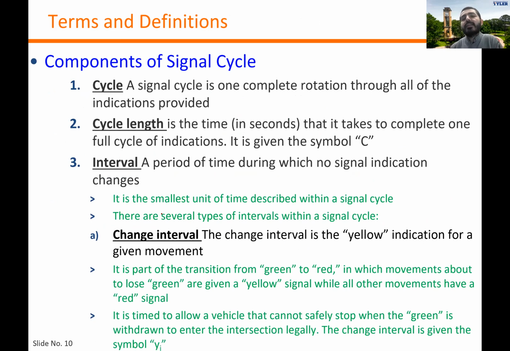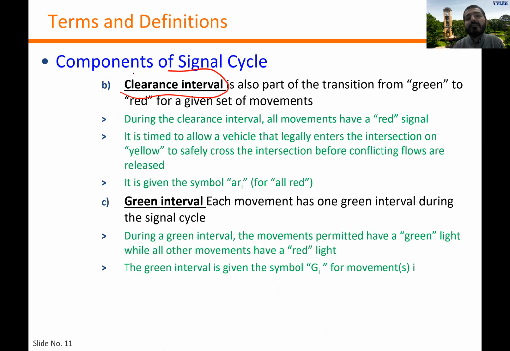A signal cycle is one complete rotation through all of the indications provided. And that cycle has a length in seconds. It can be as low as 30 seconds or as high as, I have seen, 210 seconds or even 270 seconds. Within each cycle, there are multiple intervals, and we've talked about these again in the recorded lecture, but basically these are the change interval, which is the yellow time, where you're changing from moving to stopping. You have the clearance interval, which is the